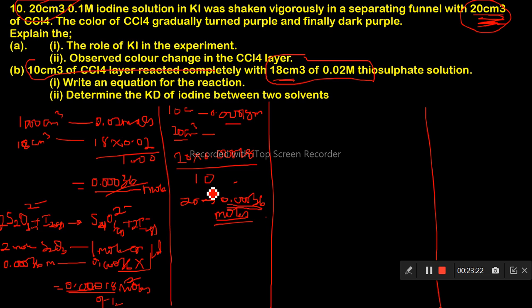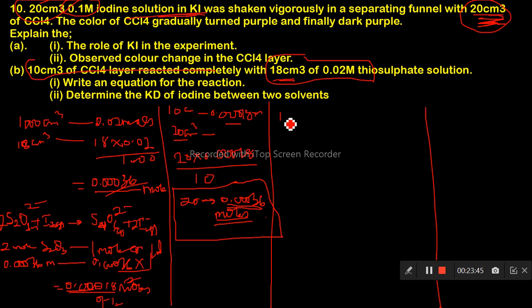Now, if 20 were able to extract 0.0036, then how many remained in the aqueous layer? So how shall we get it? The same way we got it in yesterday's one. So what shall we do? So from this